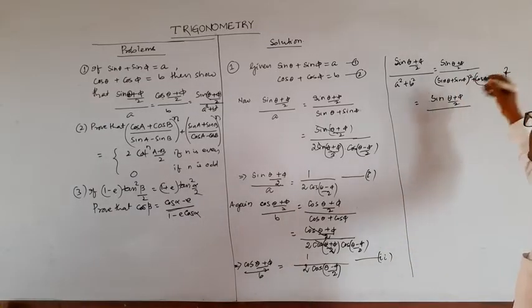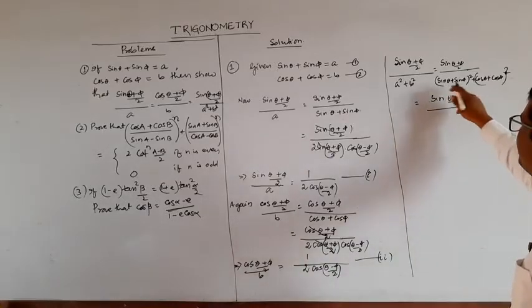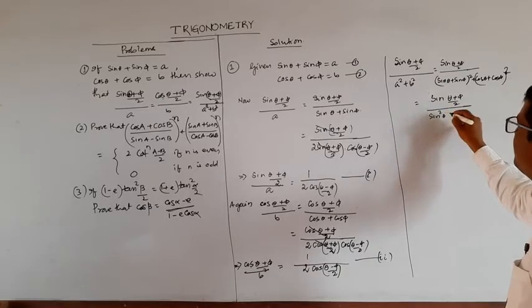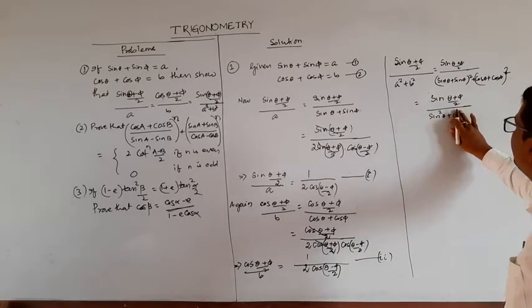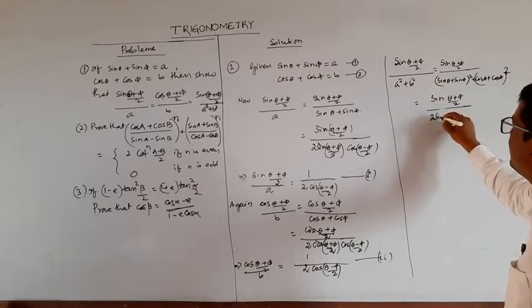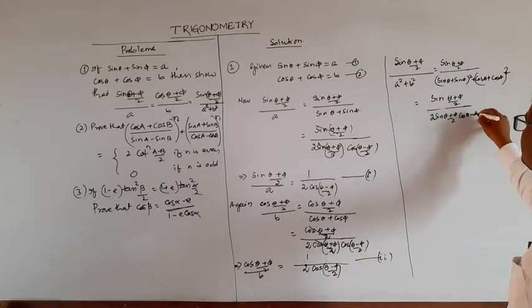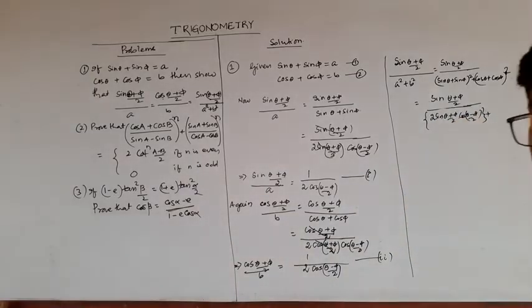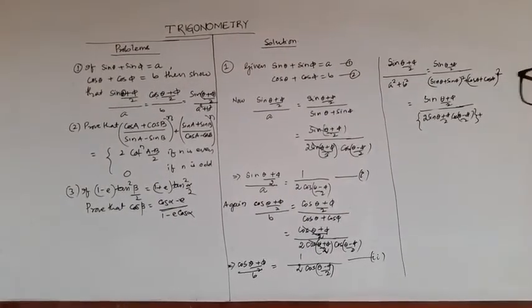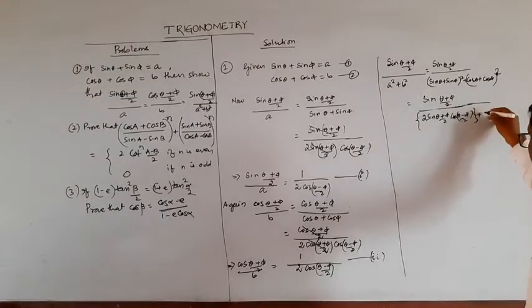I open this, or take the sin C plus sin D formula: sin square theta plus sin square phi, or you may use the sin C plus sin D formula, that is 2 sin((theta plus phi) by 2) and cos((theta minus phi) by 2) whole square, plus cos theta plus cos phi, using the cos C plus cos D formula, that is 2 cos((theta plus phi) by 2) into cos((theta minus phi) by 2).